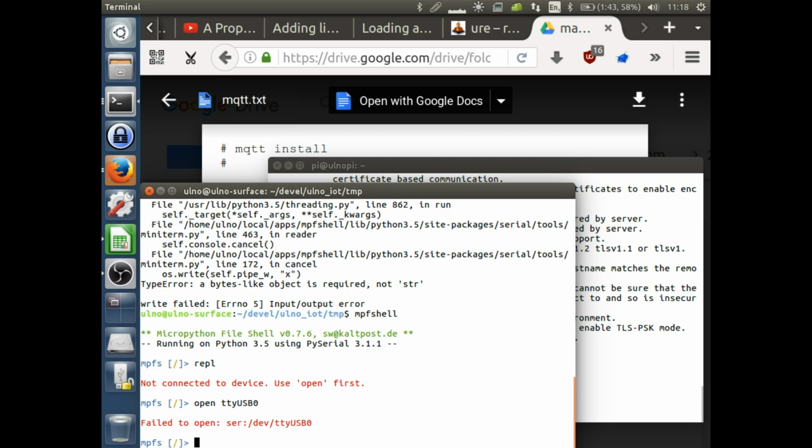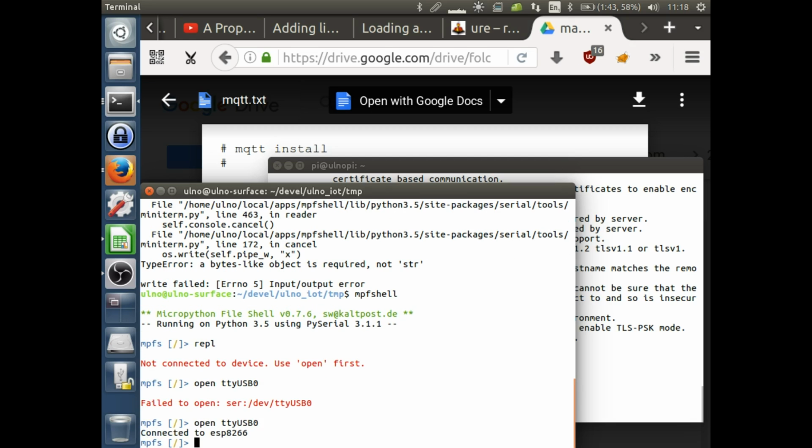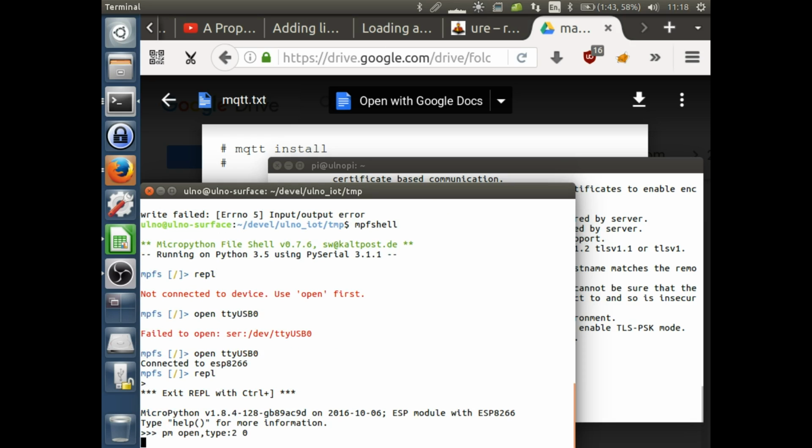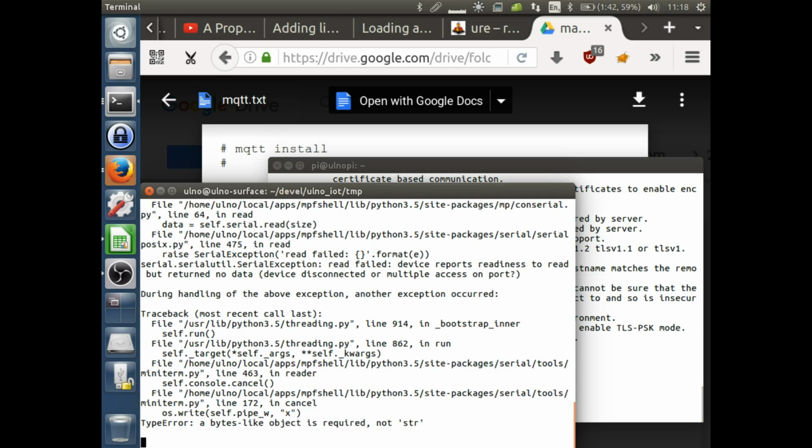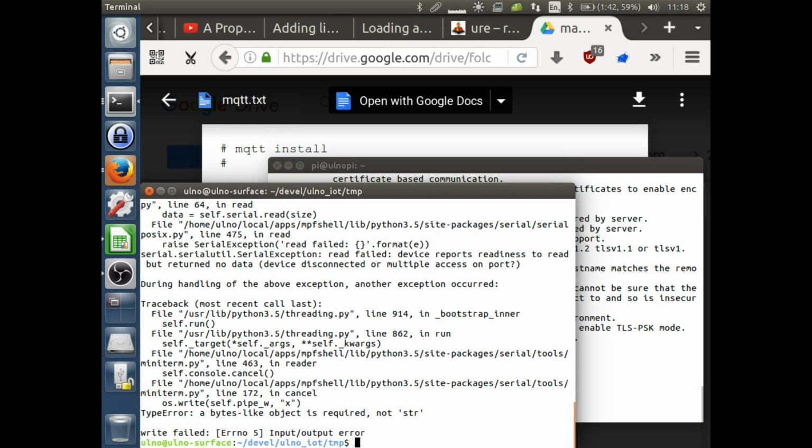So there we go. And let's see if I come in there now. There's a REPL, so I'm now in the shell. And this is connected to the same network now as the MQTT, the Raspberry running MQTT. The Raspberry is still running MQTT, so we will now try if we can send to this listener some message on the test channel. So how do we figure out how we can actually use